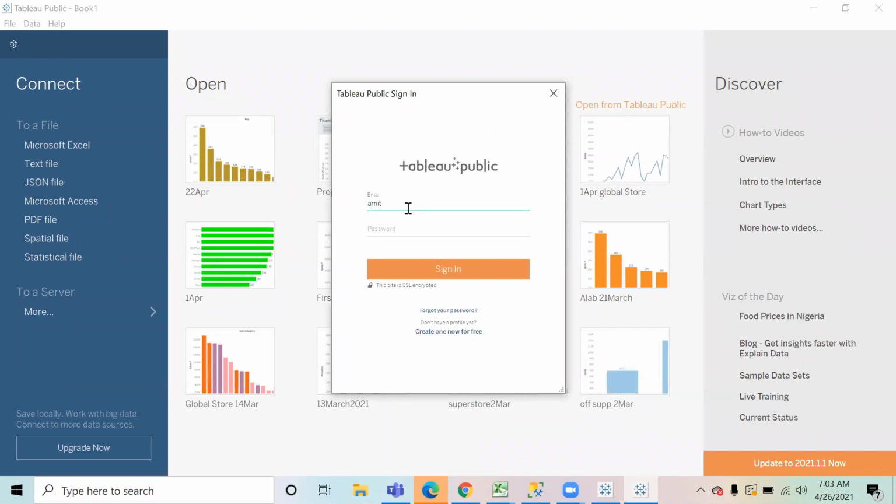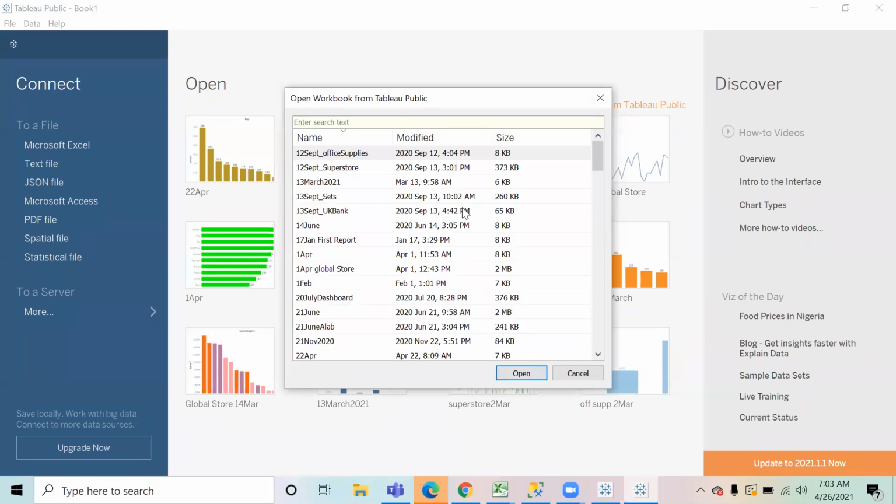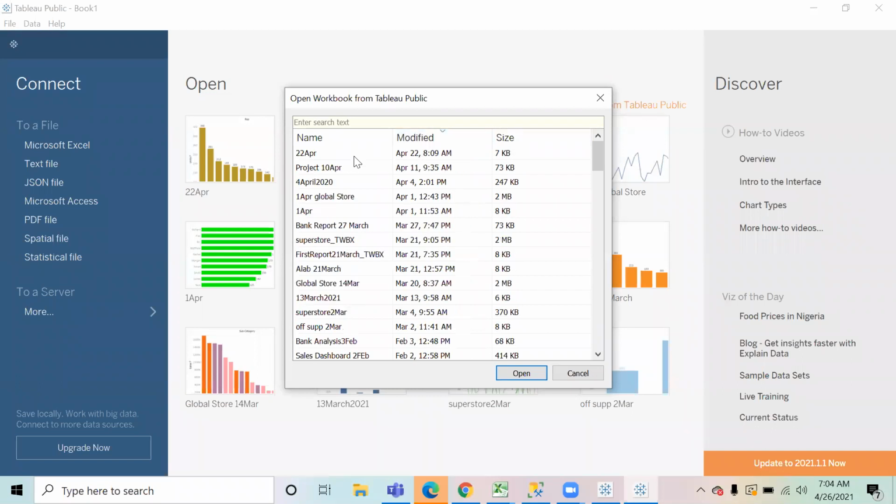Put your ID and password over there, and you will get a list of files. So, yeah, this was the file.